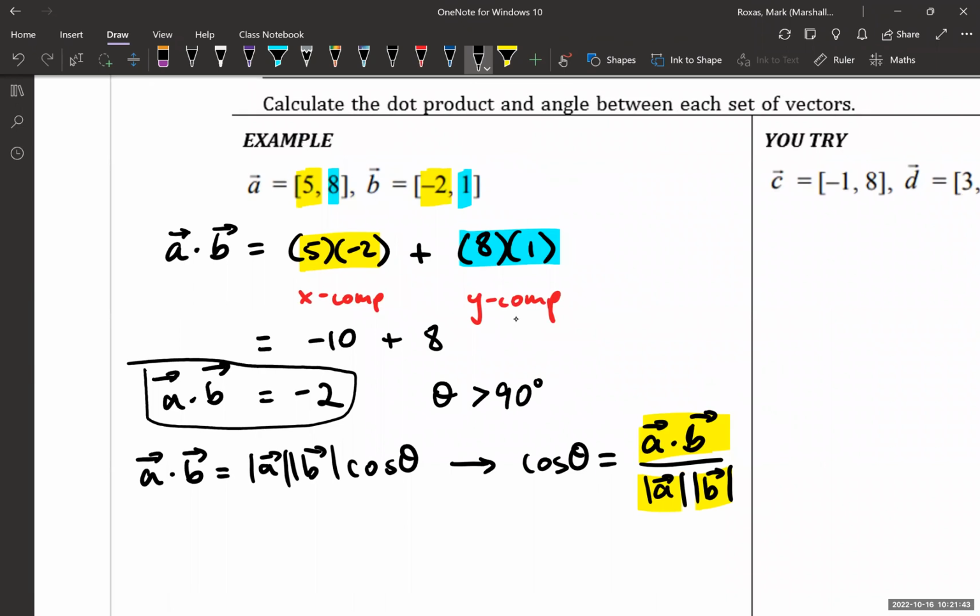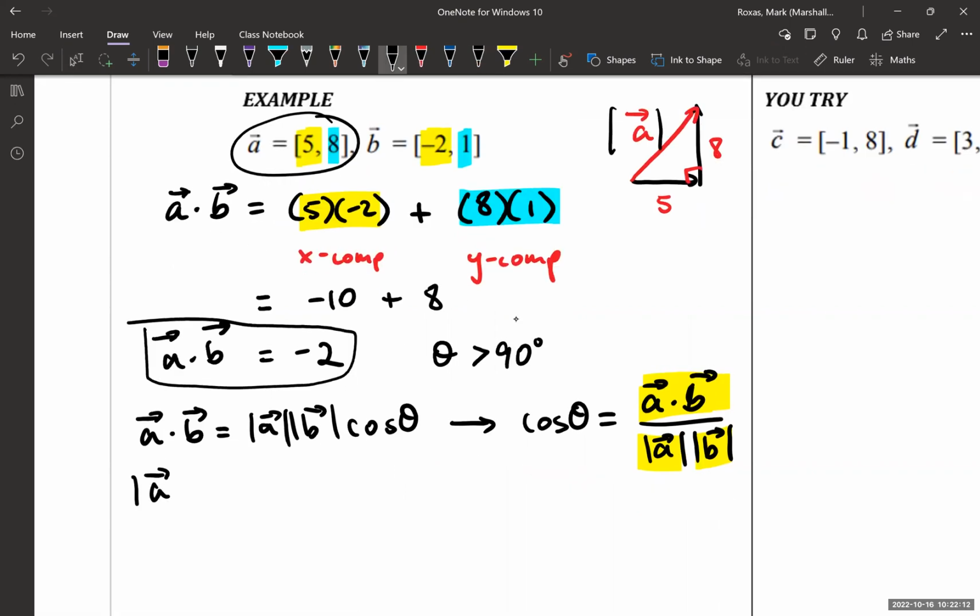Well, let's take A, for example. Vector A, if we just follow the components, says I'm going to go 5 along the x and 8 along the y, and that will give me my vector A. So the legs of my triangle are 5 and 8. Think about the Pythagorean theorem. I can use it to find the hypotenuse, the magnitude of A. So the magnitude of A squared is just going to be 5 squared plus 8 squared. 5 squared is 25, 8 squared is 64, so together that makes